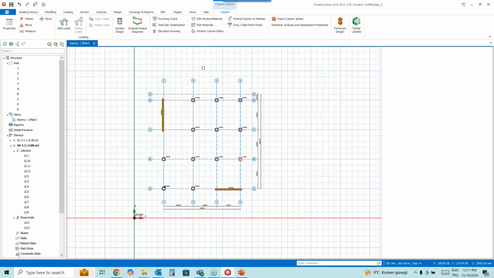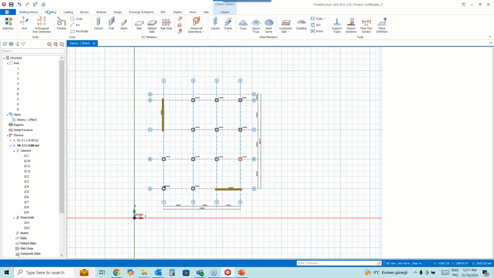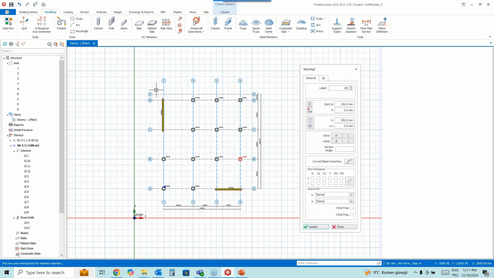Okay, so we can continue with the beams. In the modeling tab, we have the beam command over here. What I'm going to do is change my beam width. You can see beam height over here. If you want, you can also change the eccentricity.